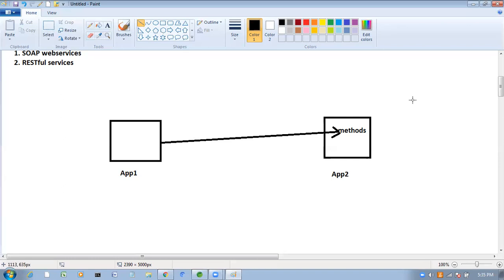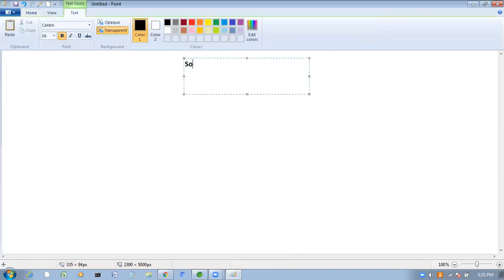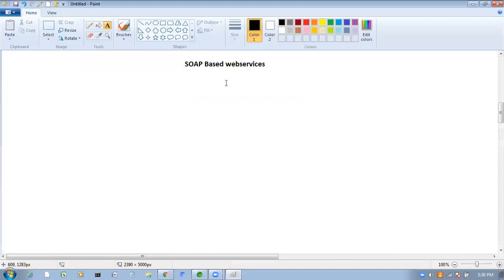Now we are going to discuss how application 1 will get the details of application 2. First, let me talk about SOAP-based web services. Here, if you go with SOAP-based services,